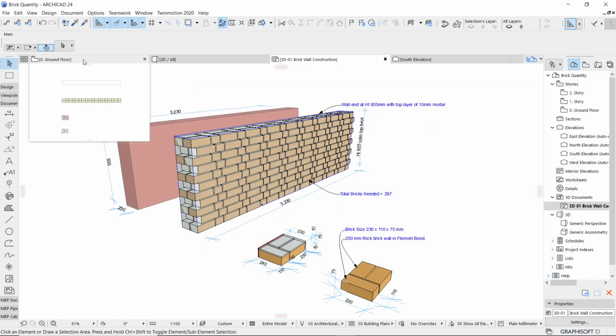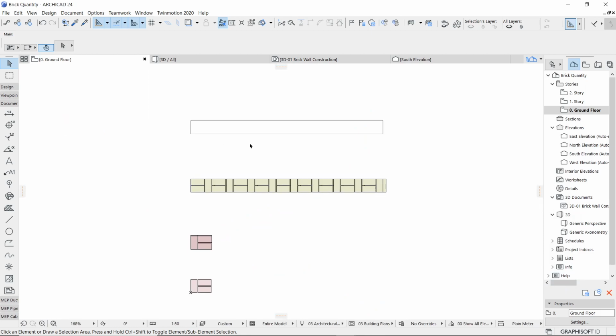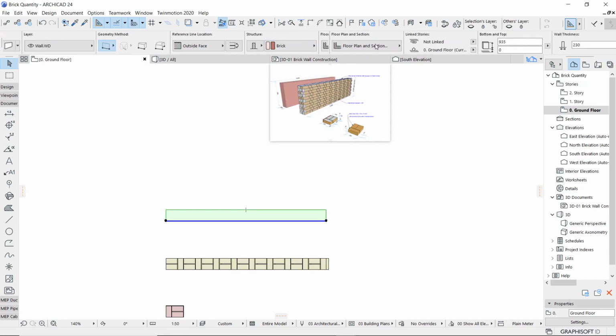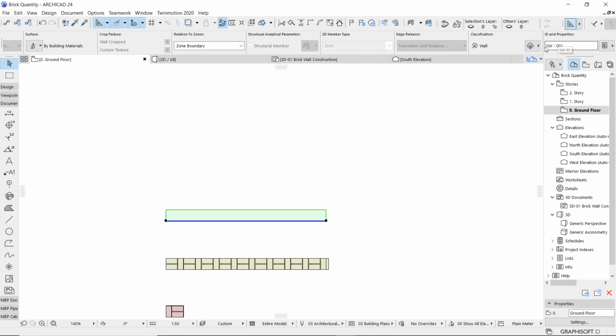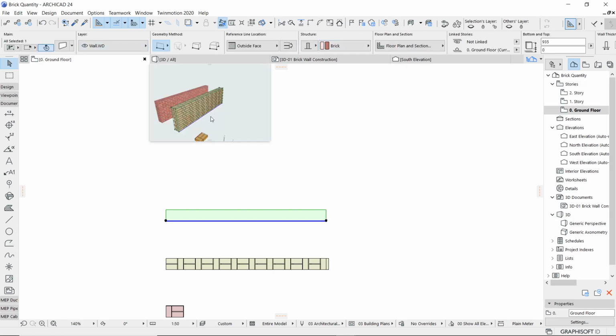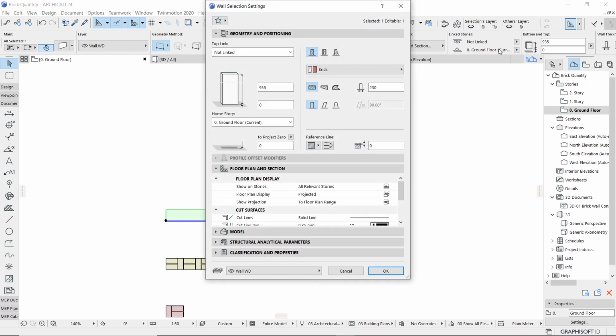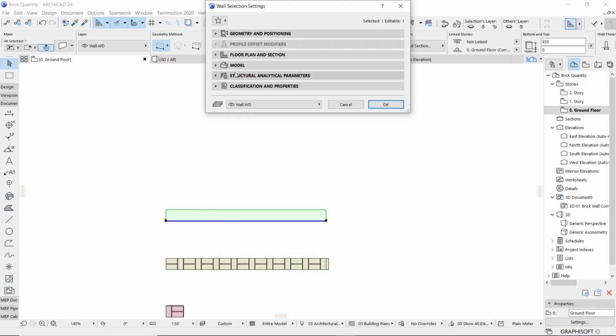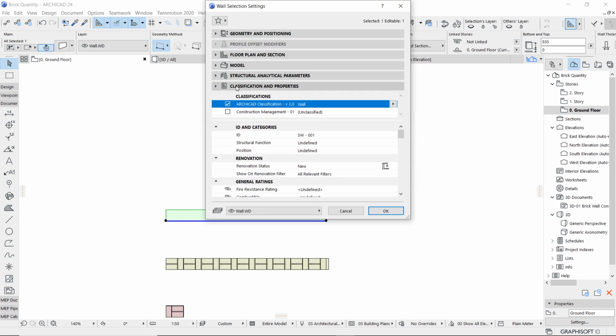You can go back to your floor plan. We are going to extract this information by using the label logic. Okay, so make sure this wall is selected and you have already applied some required ID if in case you want. But the main important thing is you have to go inside the settings from this info box. I'm not going to change anything right now in the first few rollouts. The last rollout is very important for us, which is the classification and properties.